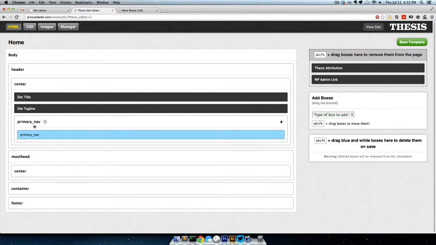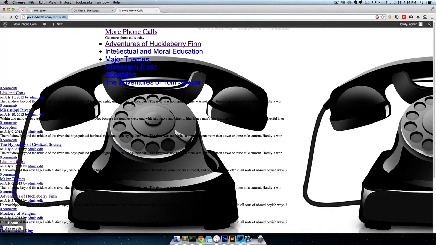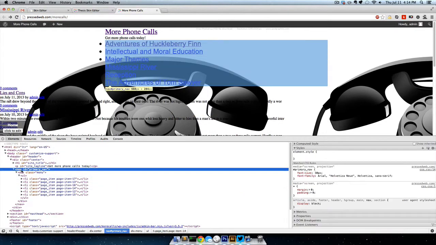Alright, so I've got primary nav here, and I've got this actual box here. It's a WP nav menu that I've added. Right now it's wrapped in a container, which is just like a div that I've given the primary nav ID to. So if I go and inspect it, I can see that that nav element has the primary nav ID,